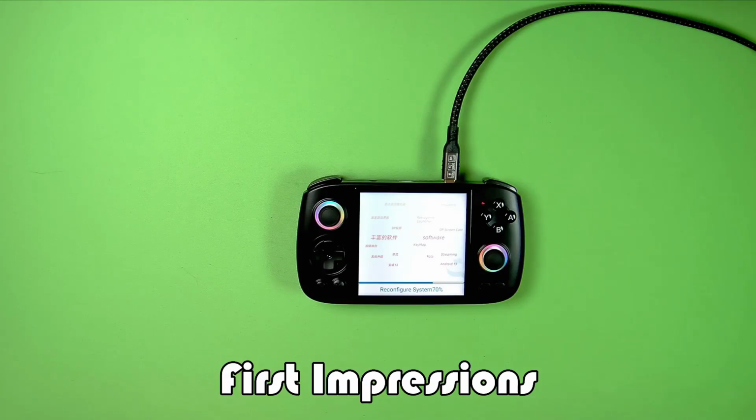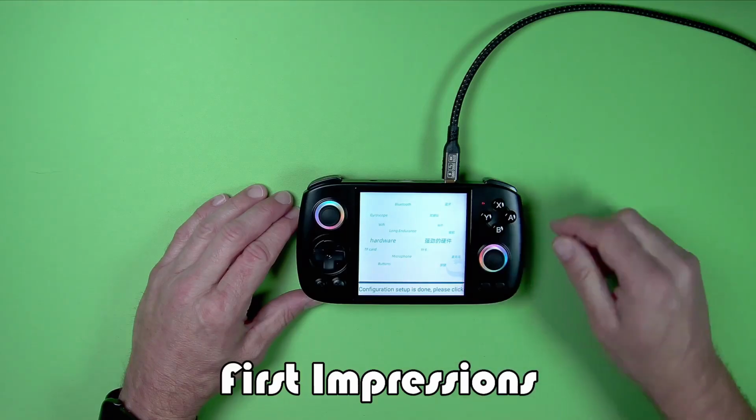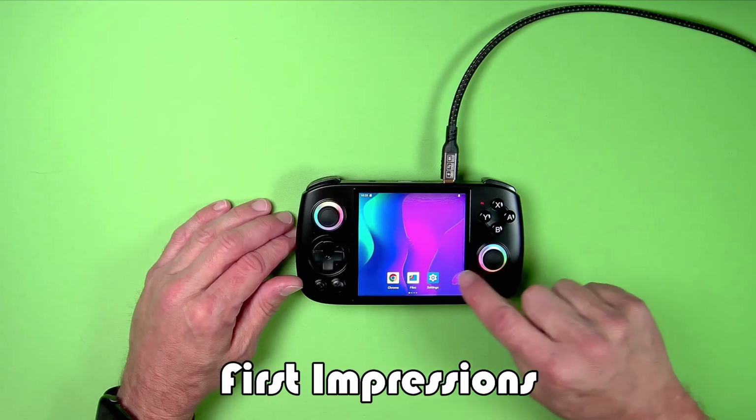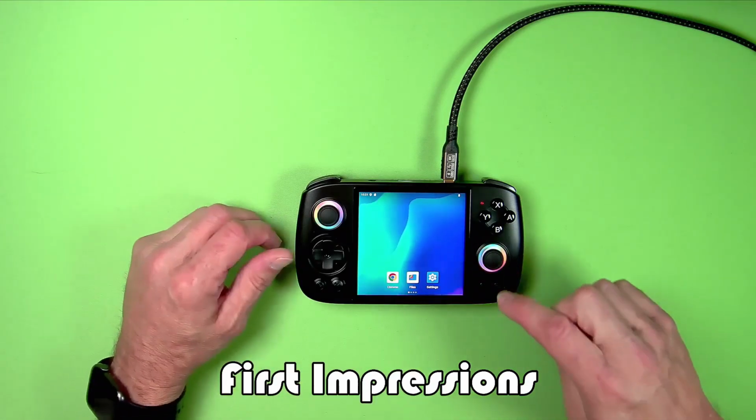Up 70%. 90%. Come on, let me play some games. Configuration setup is done. Click what? Okay. Oh, now I'm going to go through all these Android tutorials. Oh, new background. Not the Ishtar background on every other Anbernic